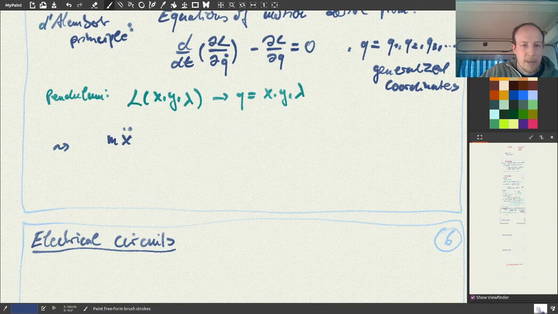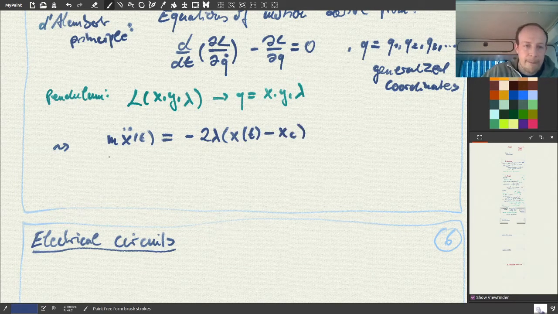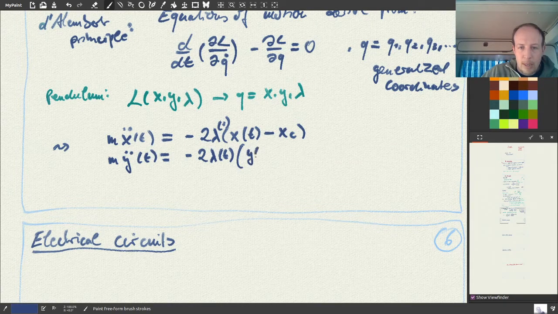x double dot of t is equal to minus 2 lambda x of t minus xc. y double dot of t will be the same, minus 2 lambda of t, lambda depends on t too, times y of t minus yc, minus m times g times y,